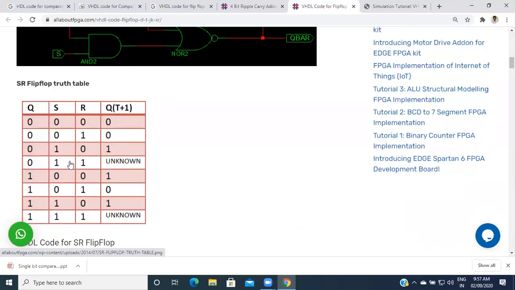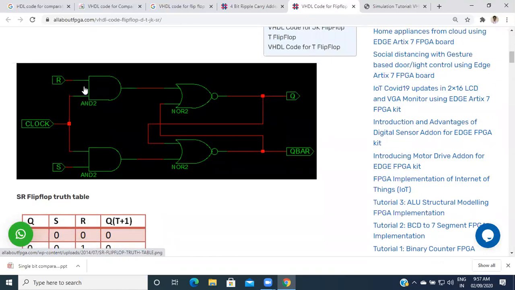But the race around condition is possible in SR flip-flops when both input values are 1, 1. If both the input values are 1, 1 at a time, both the outputs obtain the value 1, 1.